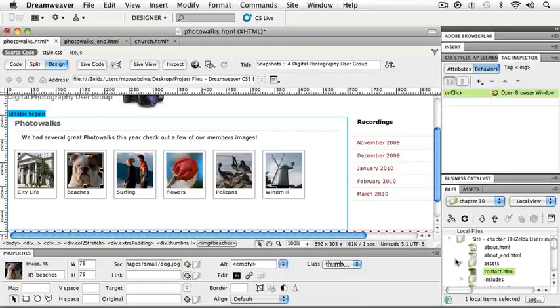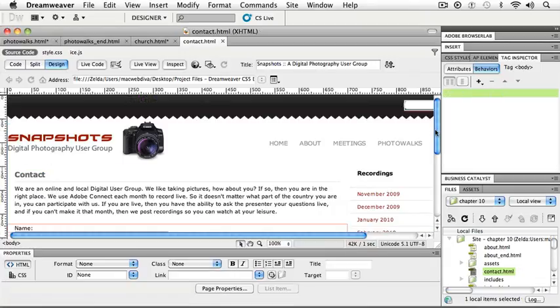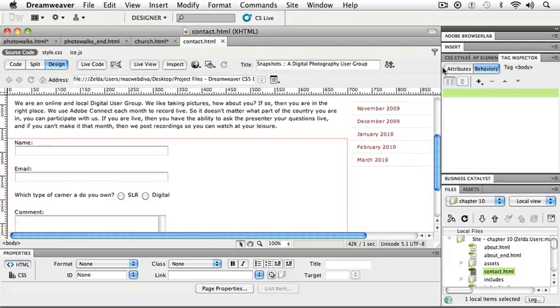So now we can move on to working with forms, which is another way to add interactivity into our site. We almost always need some sort of form to have our end user contact us. So I have a contact.html page, and we already have part of a form in here,